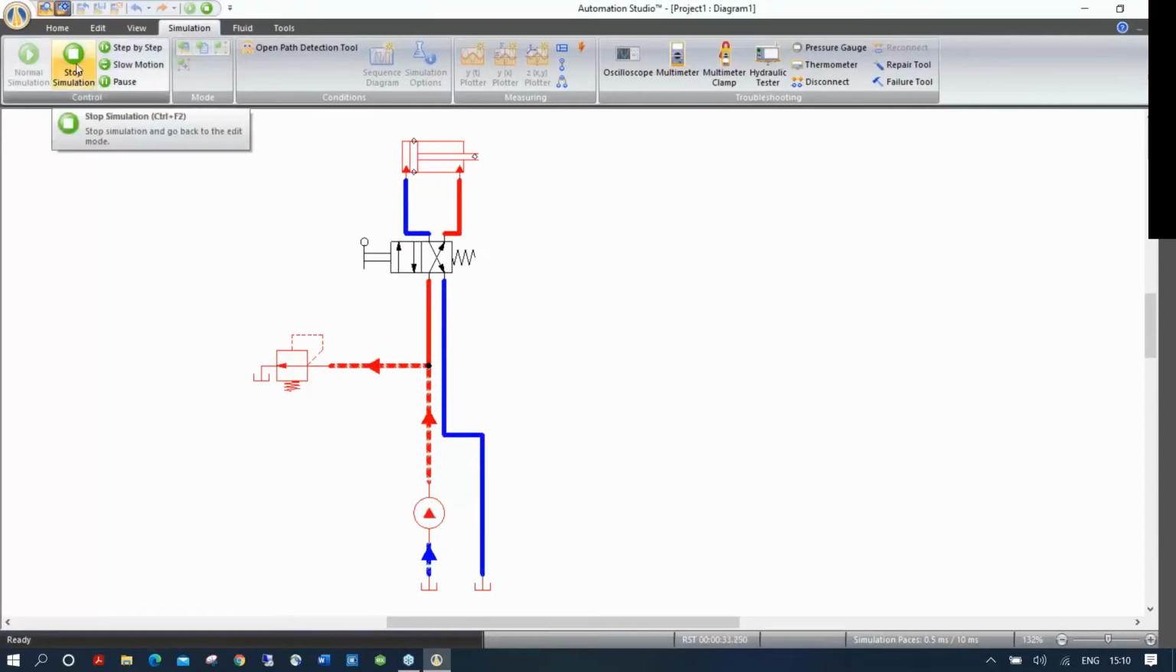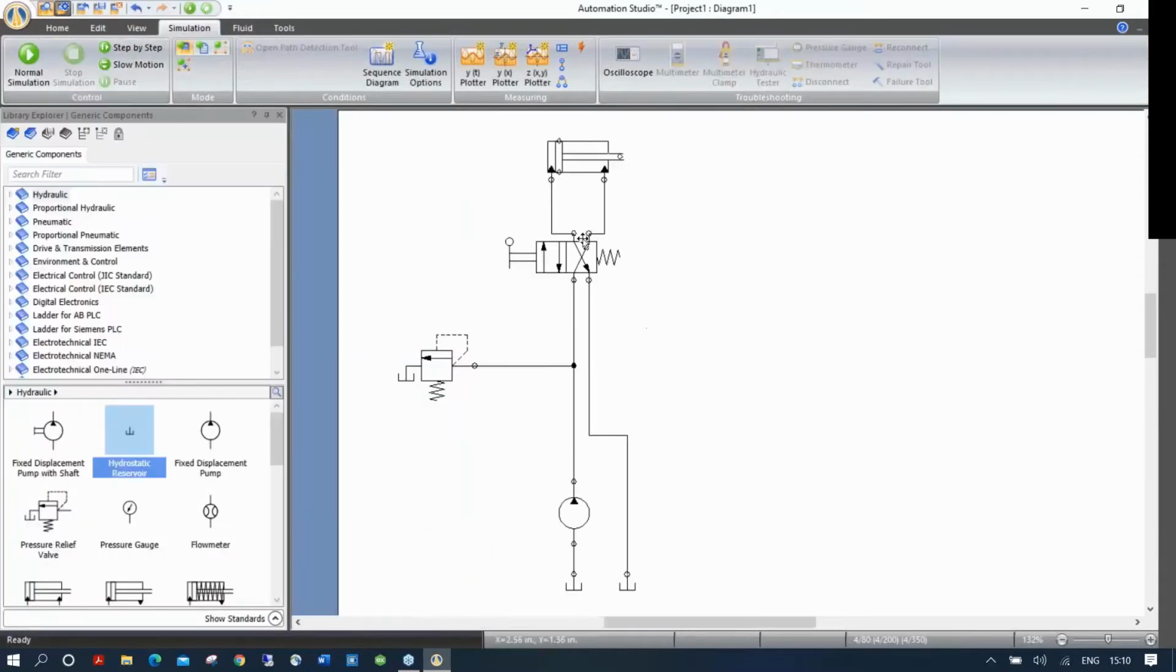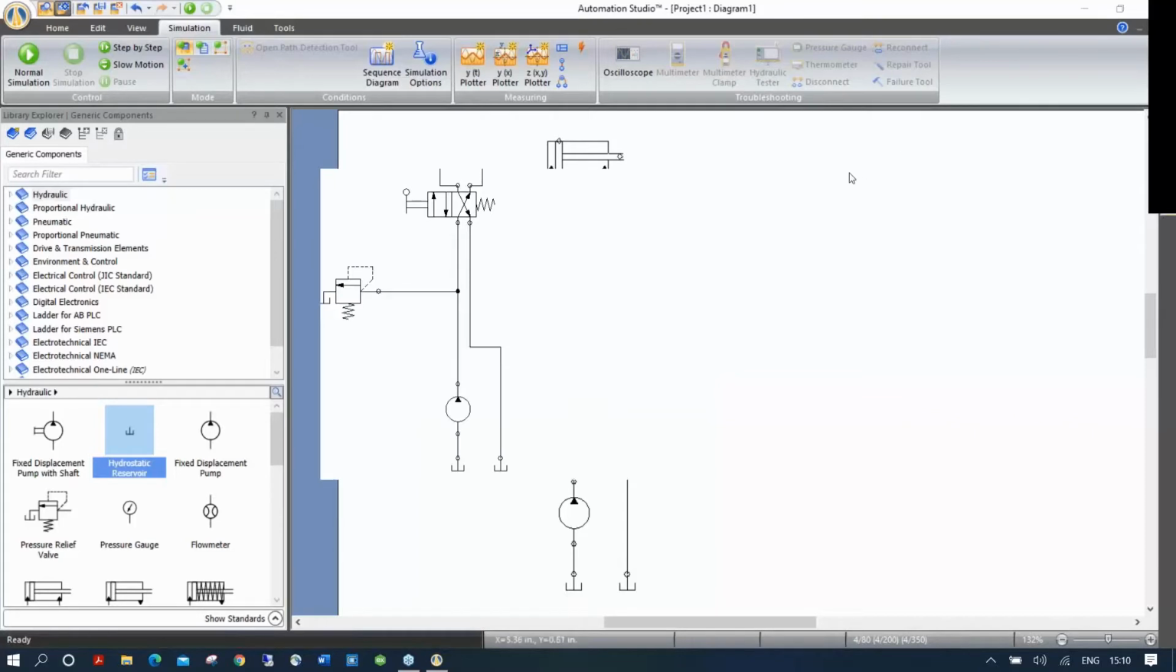So you do a schematic. Every property is preset to work right away, and then you can do your simulation. So now what I'm going to do,